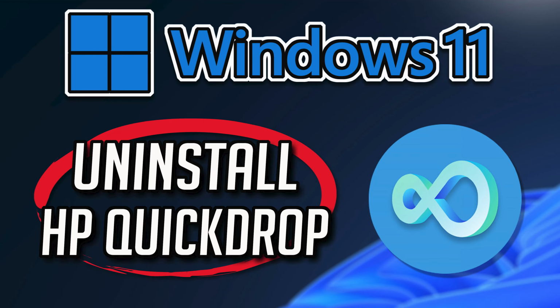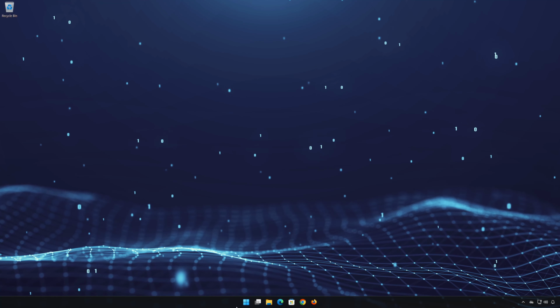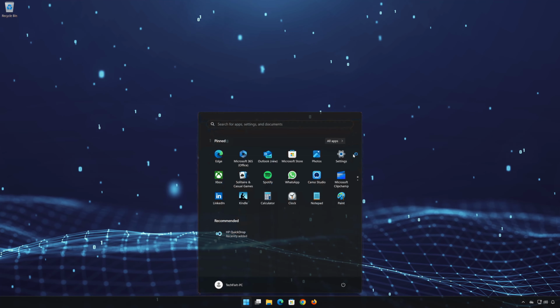If you want to uninstall HP QuickDrop because you want to reinstall it or because it's taking too much space, then watch this tutorial to learn how to uninstall HP QuickDrop on Windows 11 and in Windows 10 in a quick and easy way. First, open the Start menu, open your settings,